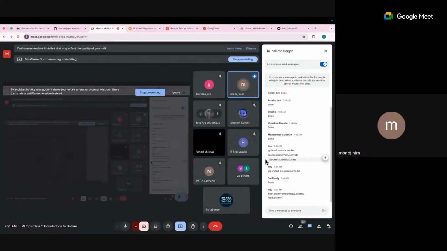Just a quick one from my side. Am I audible? Yes, you're audible. My only question is, for a person who doesn't have any coding background, how is this going to be? Will I be able to keep the same pace? If you don't have a coding background, that is also totally fine. There will be some code parts which I will show.